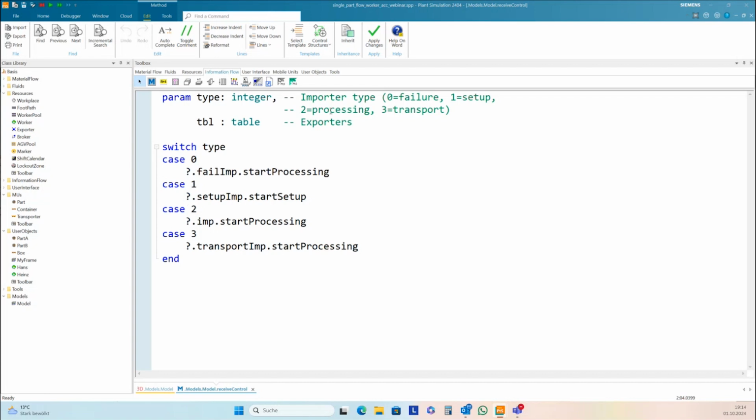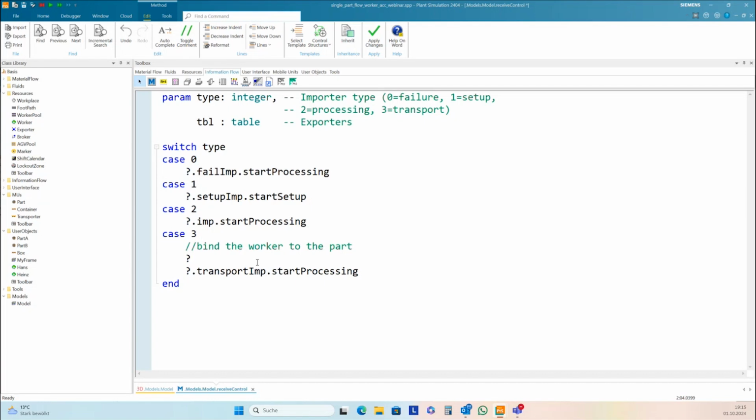It's the number 3. I only want to bind the worker to the part.